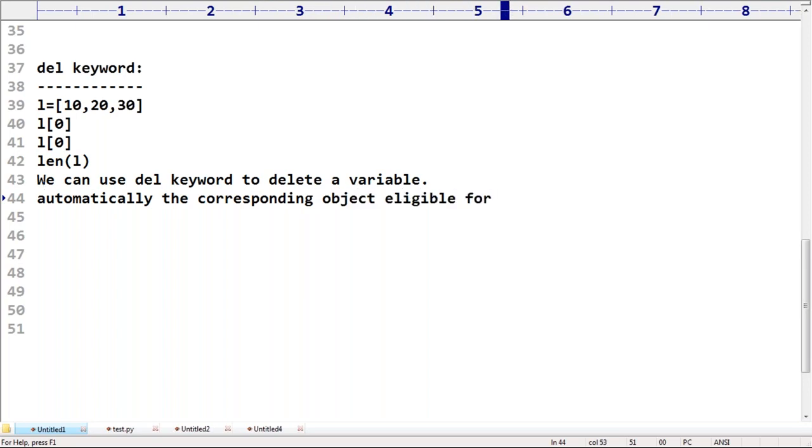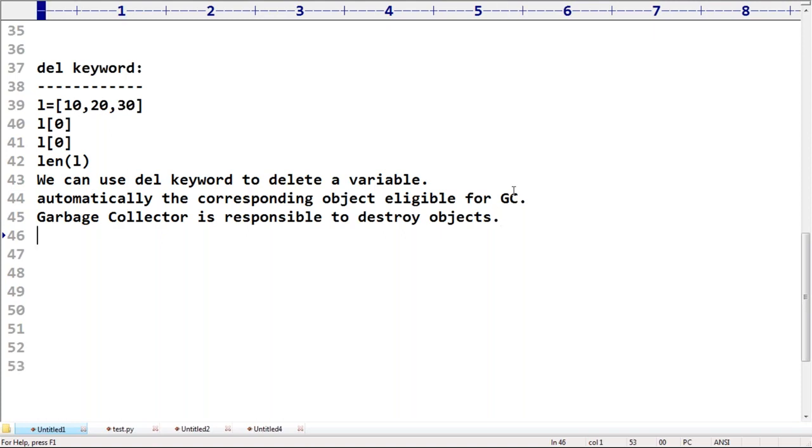Don't get confused: garbage collector is responsible to destroy objects, not the del keyword. The del keyword is responsible to delete our variable. If you delete all the variables, the object has no reference, so it is eligible for garbage collection, and the garbage collector is going to destroy that object.